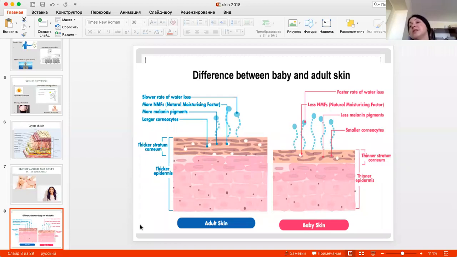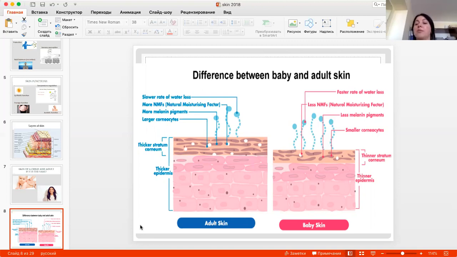This dermis is thicker than in adults. Epidermis is thinner. Look at the picture, we can see it. So then we compare not just the thickness of the different layers of epidermis, like in the picture, but we